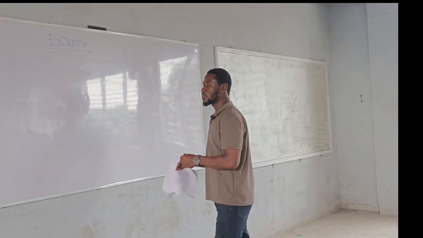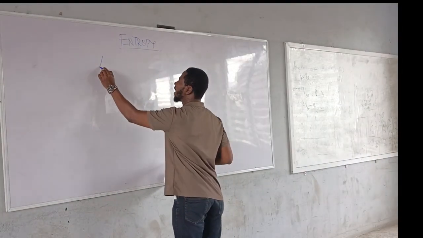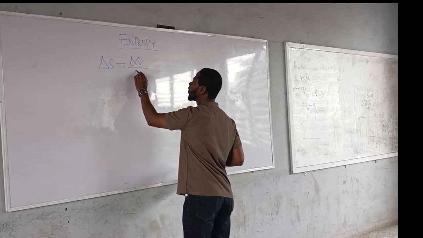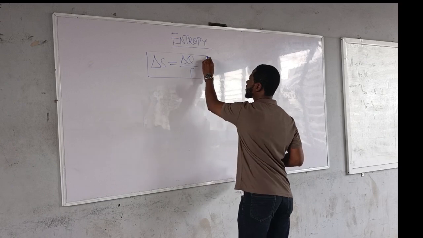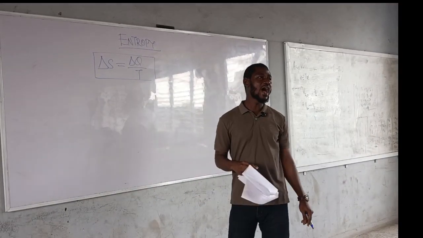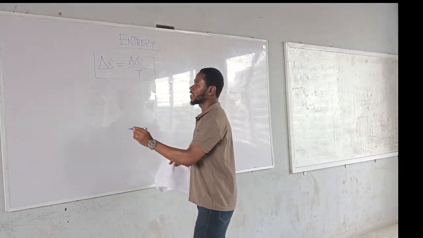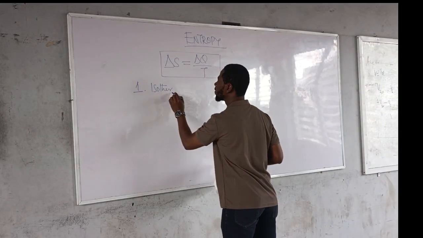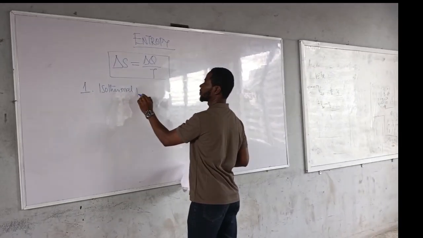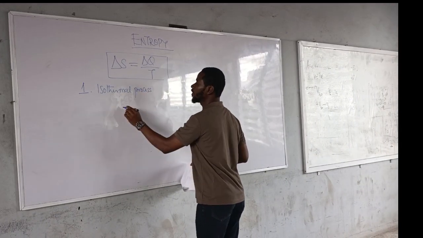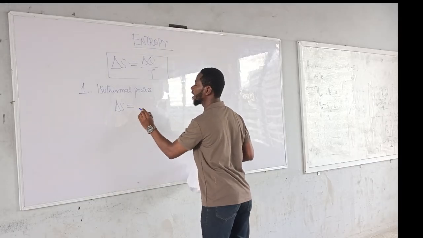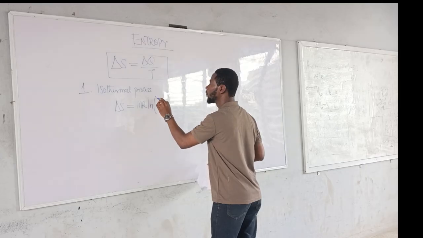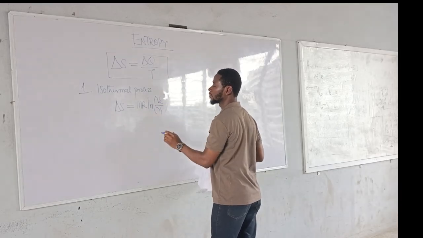Don't forget that the mathematical expression of entropy is defined as change in S equals change in Q over T. That is the mathematical form of entropy. And in an isothermal process, which is the first one, a constant temperature process, the entropy in this case is given as change in S equals mR ln V2 over V1,